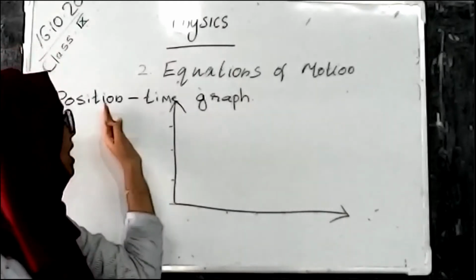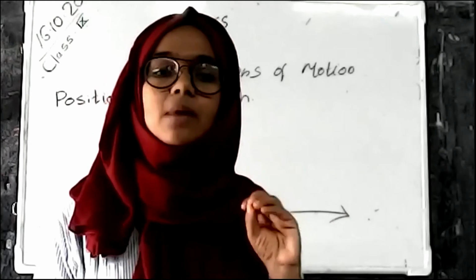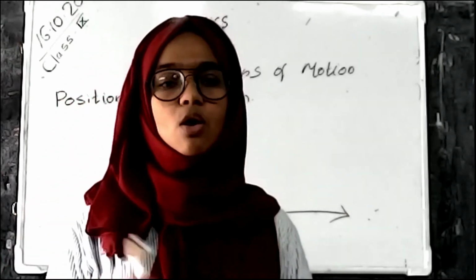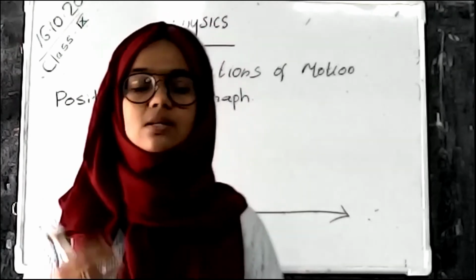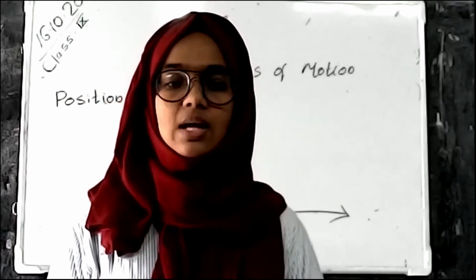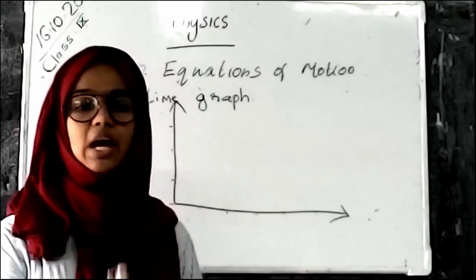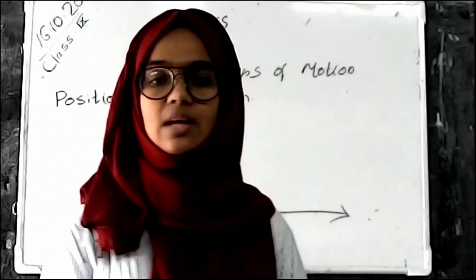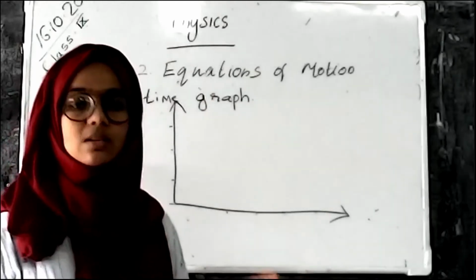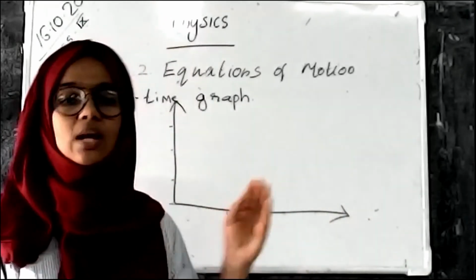So here is the position and time of a moving body. Okay. So what is the position and what is the time of a body? Some bodies change their resting position. That is, some bodies are in motion. In their motion, they follow equal intervals of time to cover equal distance.